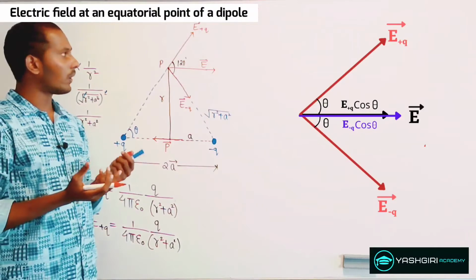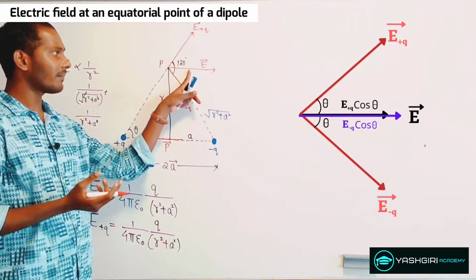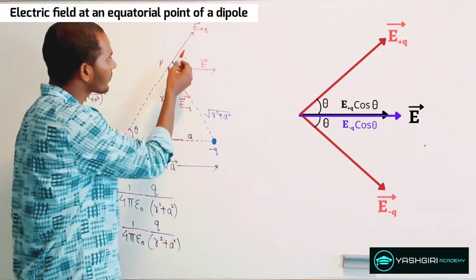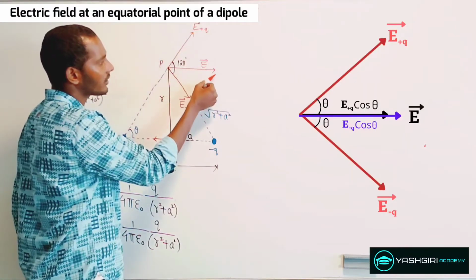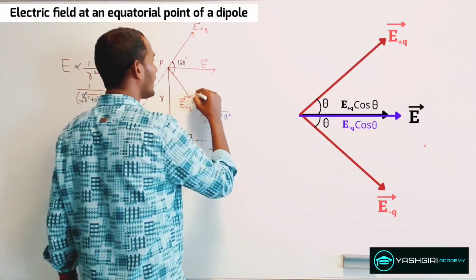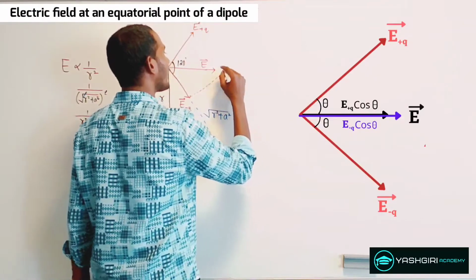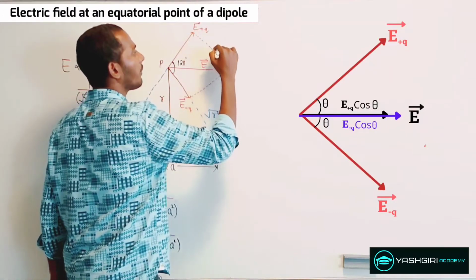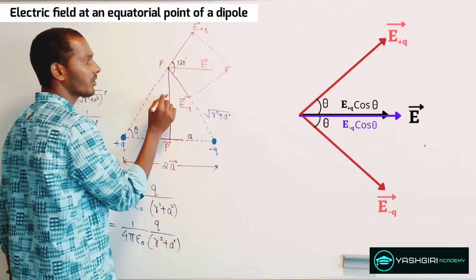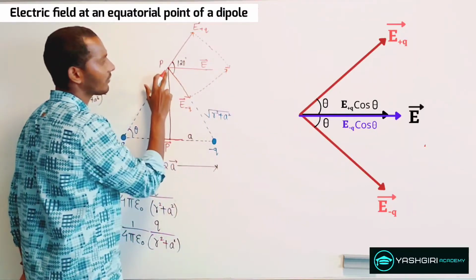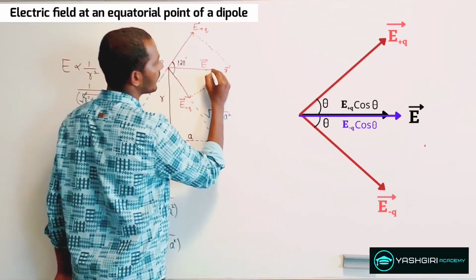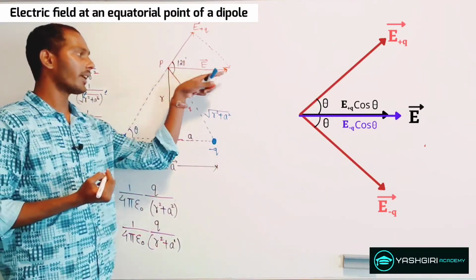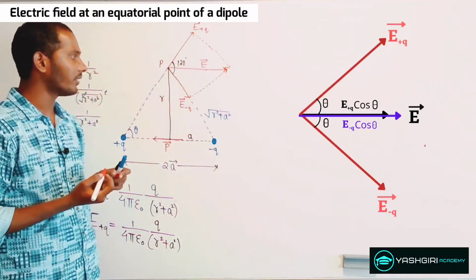Or the other way of getting the same net electric field is making use of the law of parallelogram. So here what you do, you just shift this, parallel shifting, so that will give you a dotted line like this. So that's the other technique, and in the same way you can shift it over here. So you form a parallelogram and you just draw a resultant vector from the tail of this vector to the head of the other vector. So that will give you the direction of this electric field. Alright, so this is the net direction of the electric field.